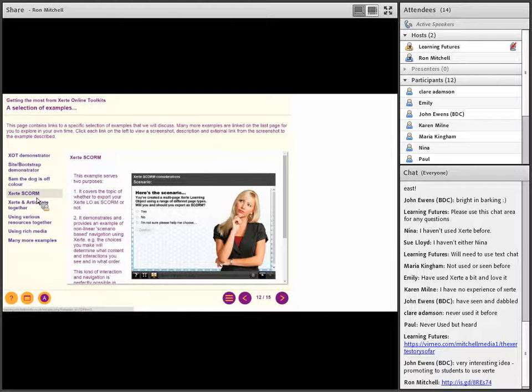There's a Xerte SCORM example, and this is an example where the linear navigation is turned off. Those that are familiar with a tool like Articulate Storyline would also be familiar with the general look and feel of using a human avatar or pictures of people throughout. So it's scenario-based, non-linear branching, and that's perfectly possible within Xerte. Like with any tool, you need to carefully plan that kind of interaction, because you can end up taking the learner down a dead end, if you like, and not being able to get back.